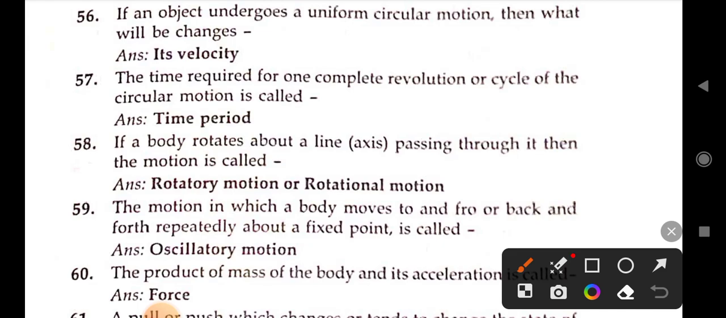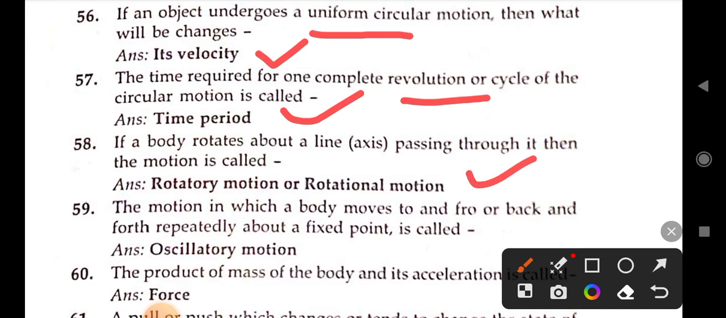If an object undergoes uniform circular motion, then what will be changed? Its velocity. The time required for one complete revolution or cycle of the circular motion is called time period. Next, if a body rotates about a line or axis passing through it, then the motion is called rotatory motion or rotational motion. Next, the motion in which a body moves